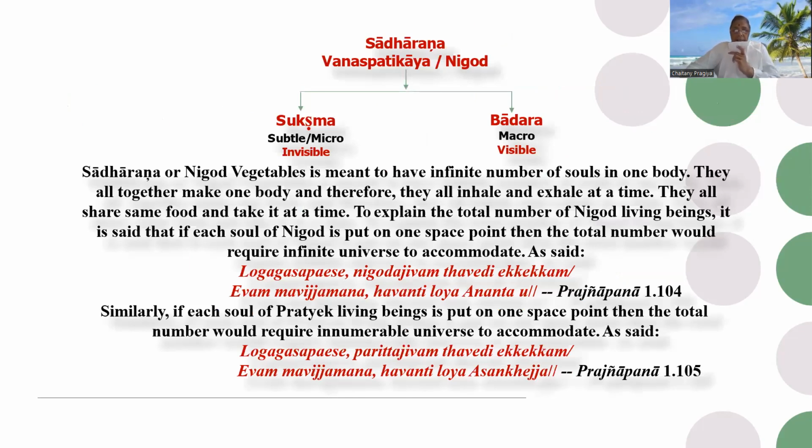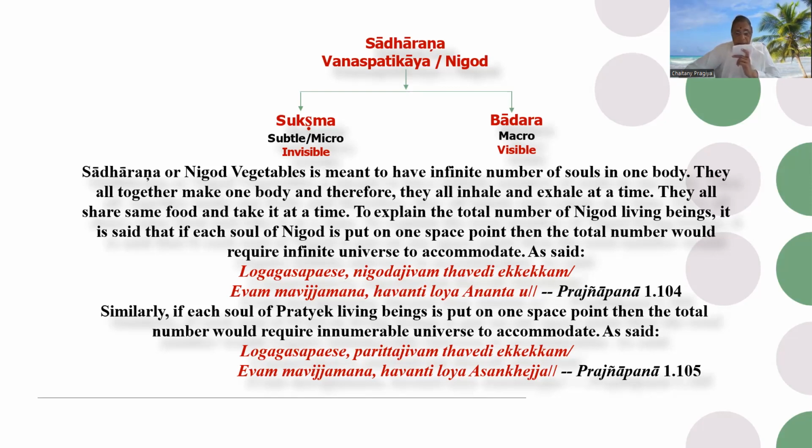Now we will see that there is a lot of discussion about these very subtle living beings which are known as Nigodha, an infinite number of souls or lives in one plant or one vegetation. Here you can see that these living beings are recognized as subtle and macro, and micro. The micro ones, as I have already said, are out of reach, they live their own life, and the subtle micro vegetable living beings always